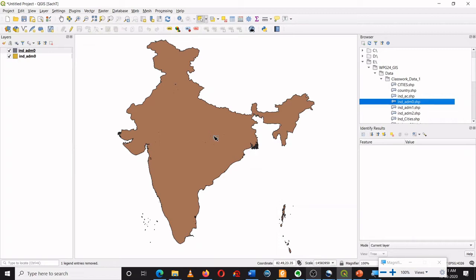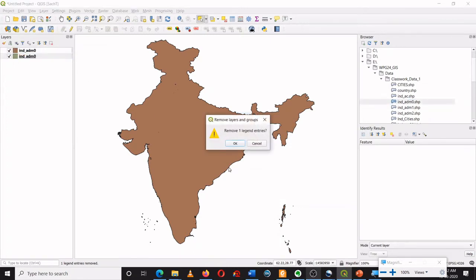So it means that color is not the property of that vector layer. Color is just an appearance which you see in this canvas. We will talk about these things when we discuss the symbology. So whenever you import a layer, every time you get a different color. Okay, now I will remove one of the layers.